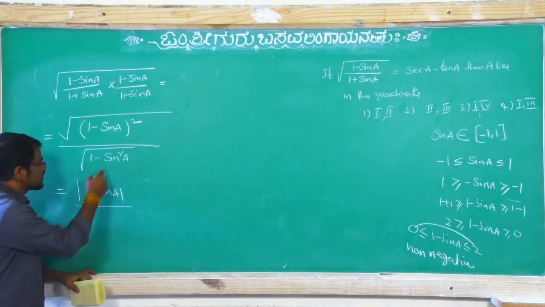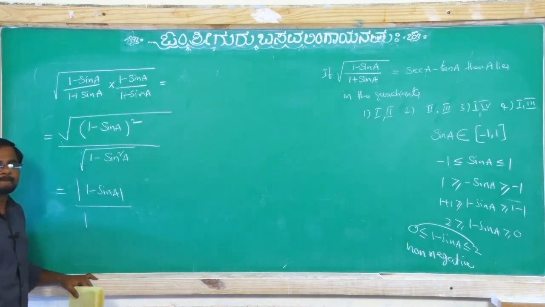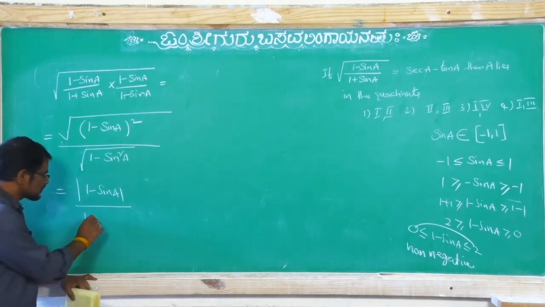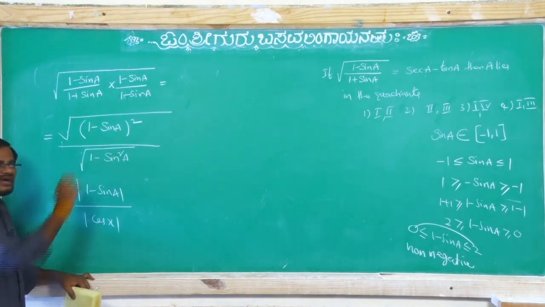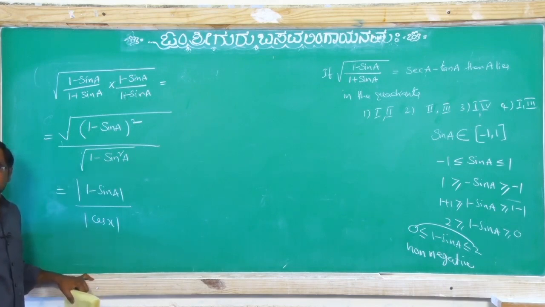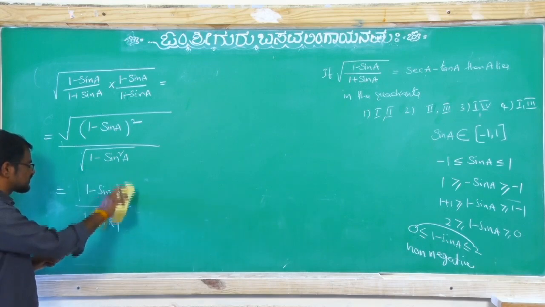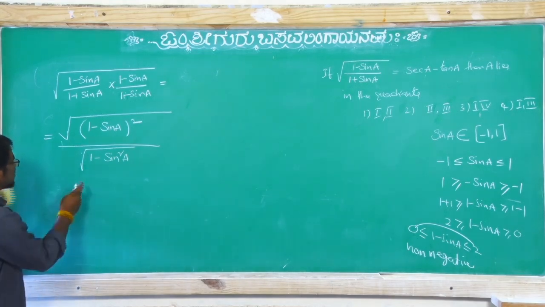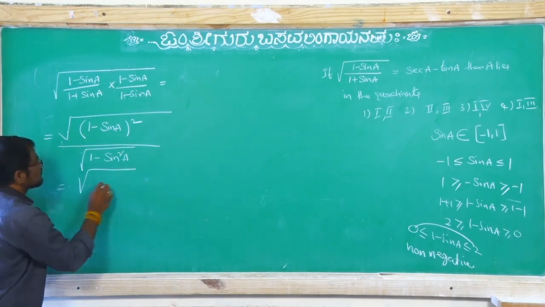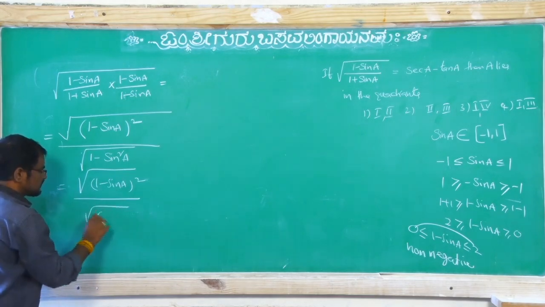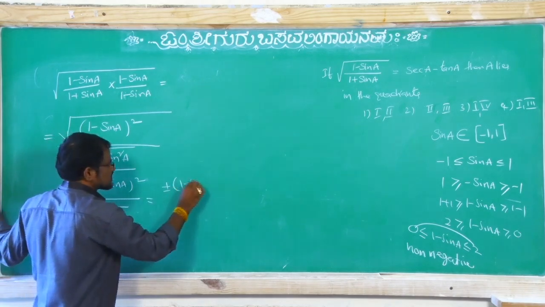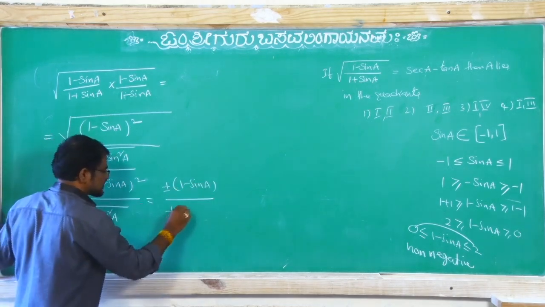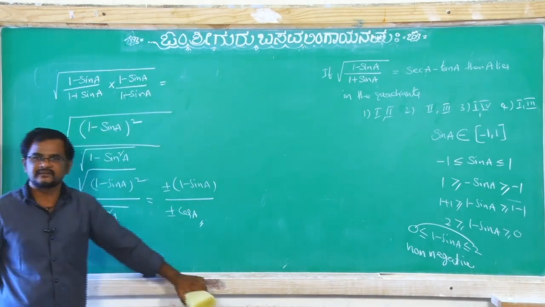And here also modulus, you will get 1 minus sin square, which is cos square. So this is root of cos square, the modulus of cos x. Otherwise, here you take plus or minus, here also you can take. So one more step I will take. This is modulus of root of (1 minus sin A) whole square, divided by root of cos square. So this is modulus. Modulus means plus or minus (1 minus sin A). Can you write? This is also modulus, plus or minus. For understanding purpose, each and every step I am taking.